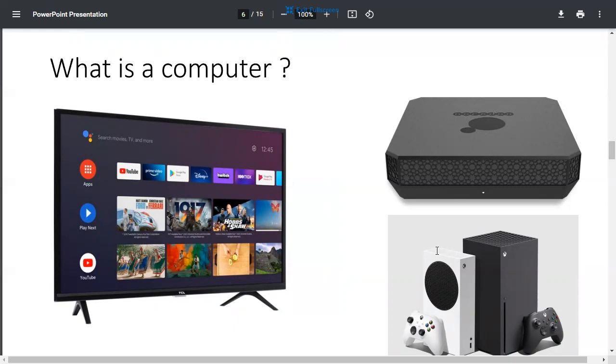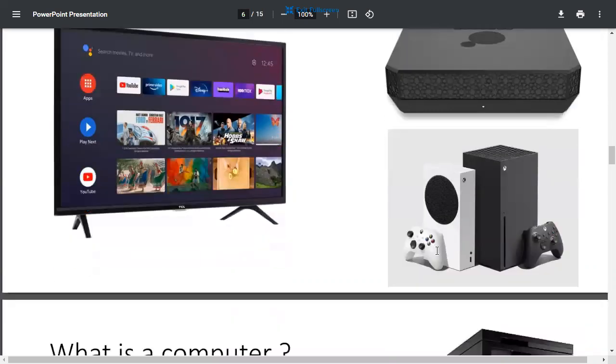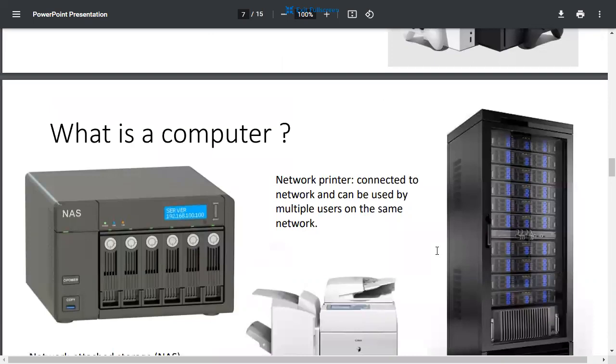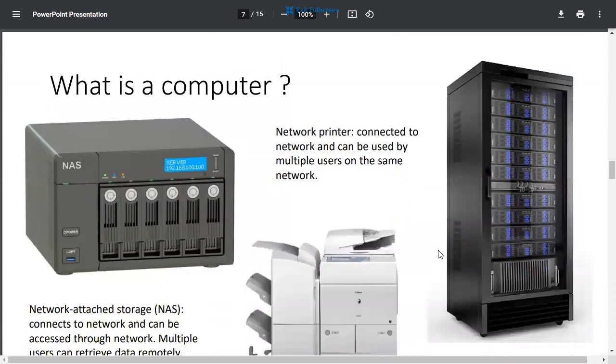So these things are computers. Your PlayStation gamers, right? Your smart TV. That's why I noticed I'm sitting at my TV at home, and all of a sudden it starts playing YouTube, right? I look around and my daughter's controlling it from her mobile phone. So there is a computer in the TV, and it can communicate with other devices through Wi-Fi, etc. Netflix, OSN, Amazon, right? There's all kinds of services, and YouTube.